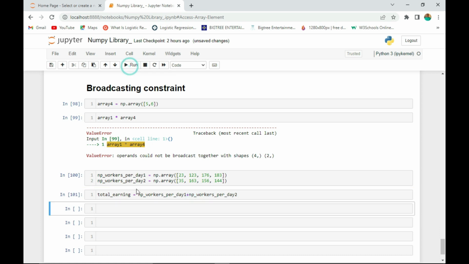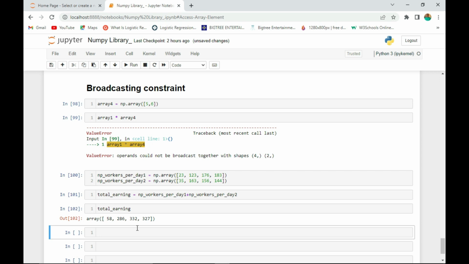Okay, and then I return the total. You can see this. We can still do total earning divided by 15. Let's see what it will give us. You can see, since we are calculating by this, there's no error, it's not throwing us an error. Okay, so let's finally look at